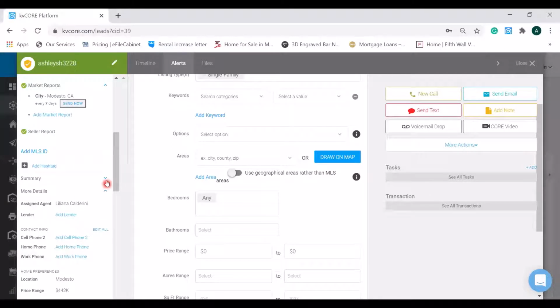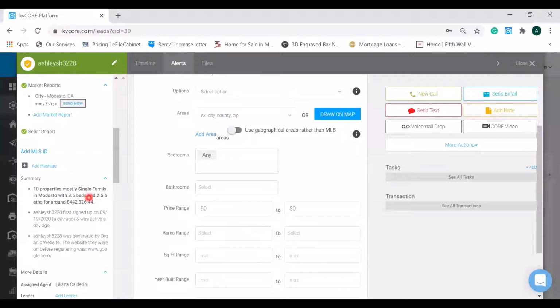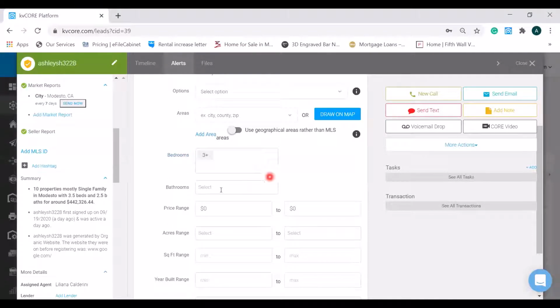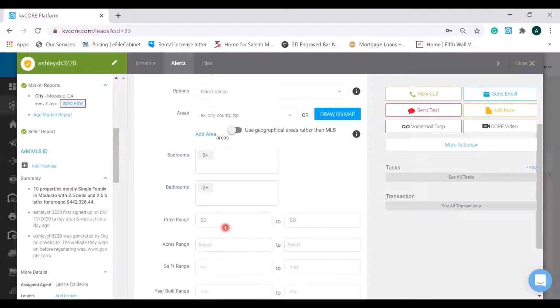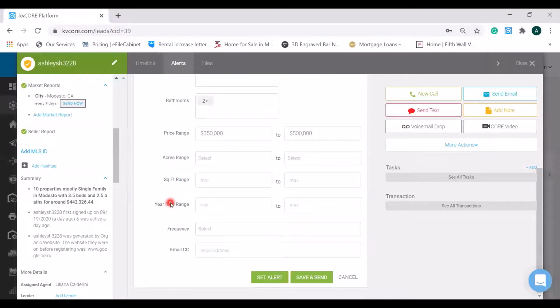So summary, single family homes, 3.5 baths too. So what I'll do is usually I would go into 3+, 2+ bathrooms. Price range, I'll just put 350, 500,000. And then